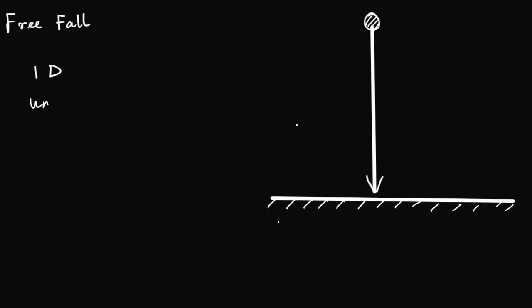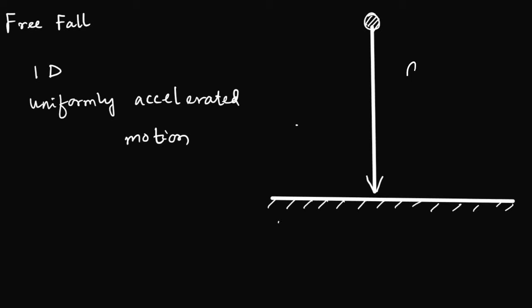Also, we will consider it as uniformly accelerated motion because we are certainly neglecting something here. What are we neglecting? Just pause for a second and think about it. Of course, you are right, we ignore air resistance here. We ignore the air resistance whenever the ball is passing through the air and falling on earth.